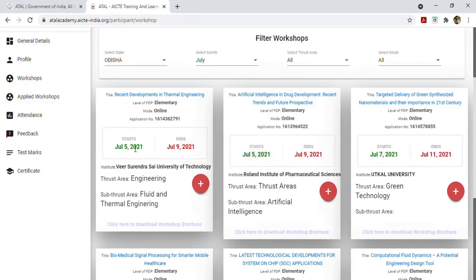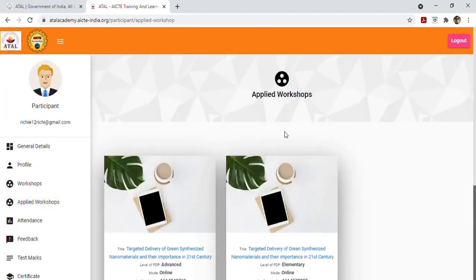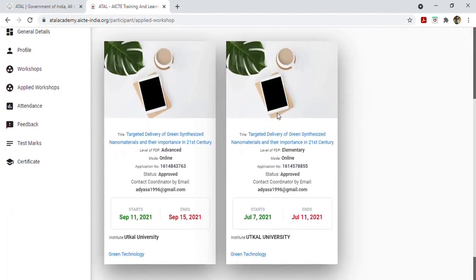Then what you have to do is go to the applied workshop section in the sidebar. This is the applied workshop section. Here I have applied to two FDPs. This is the elementary one I have applied and the advanced one I have applied, and you can see in the status it is approved by the coordinator.